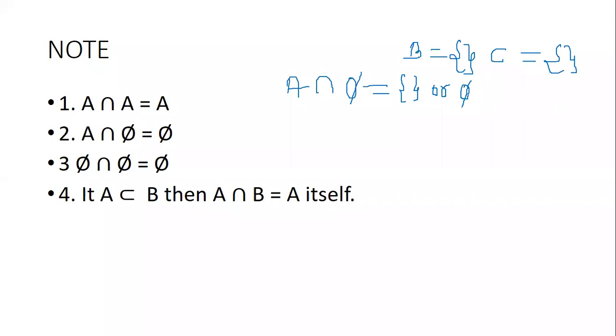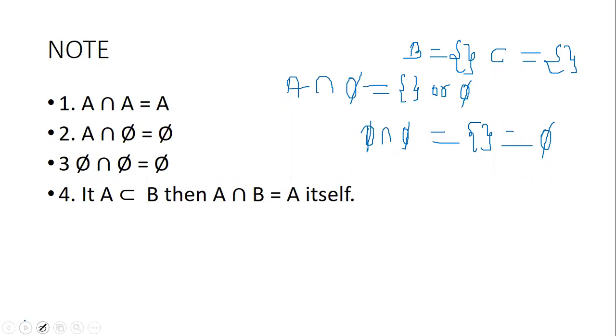What is common between null set B and null set C? There is nothing common, right? Oh yeah, null set is common, true. So that is why null set is being brought down again. Null set intersection null set, when two sets are empty, the resulting set is also empty, which is null set, which can be written like this also.